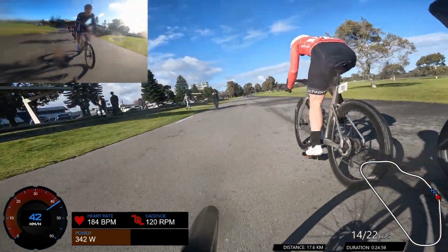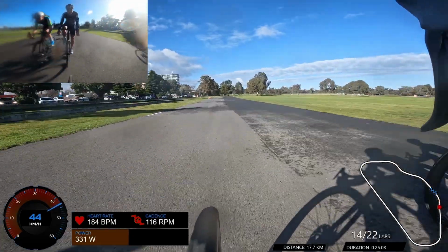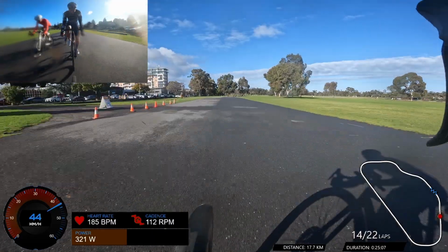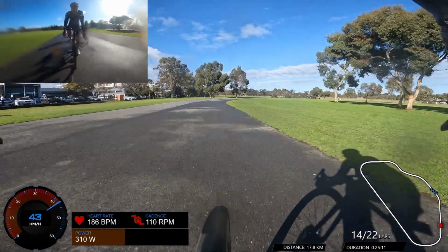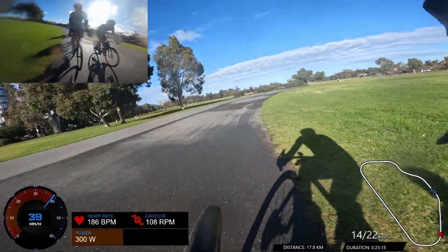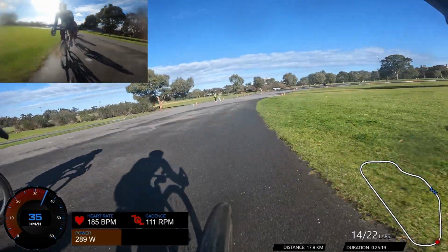I figure I'm fresh enough, so I'm going to take another turn quickly to try to keep things smooth. But as you can see from my power, I haven't got enough to really force the issue. I probably should have slotted back in a few wheels back. I think I was flicking the elbow, but no one wanted to come through, and when they did come through,